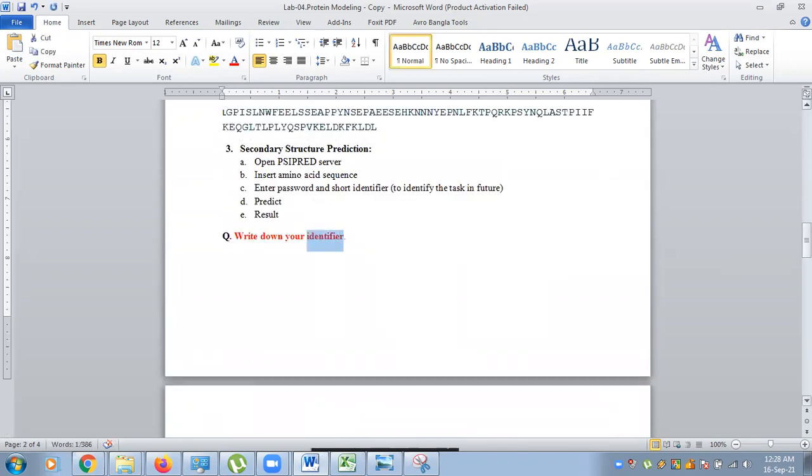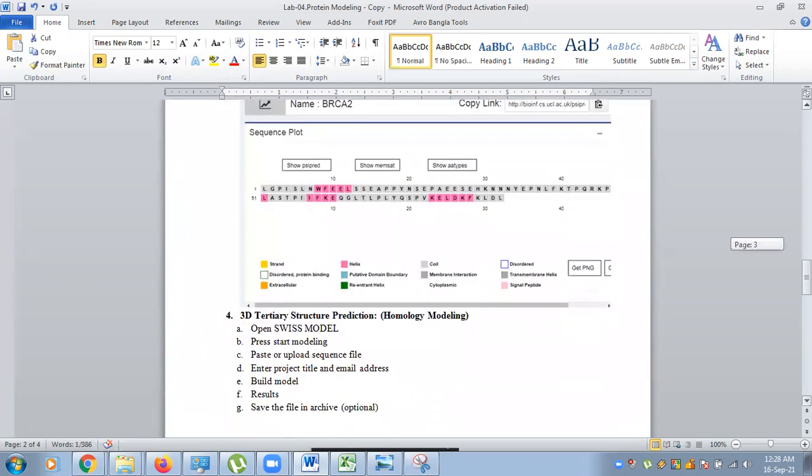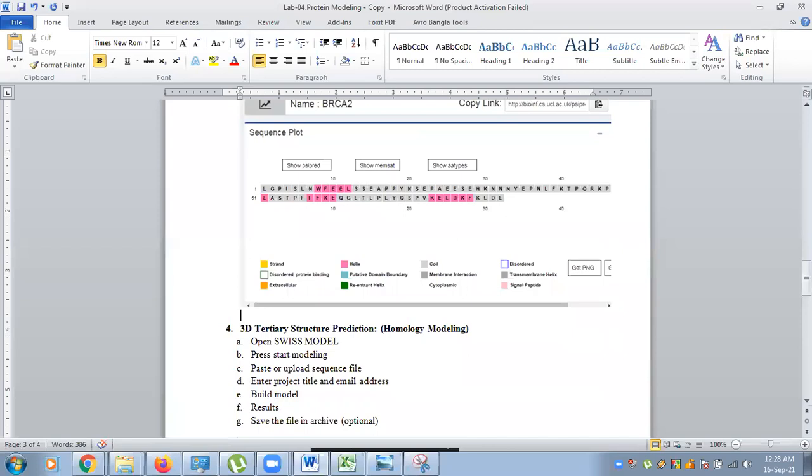We don't need the identifier anymore. So I am placing the secondary protein structure image that I got from